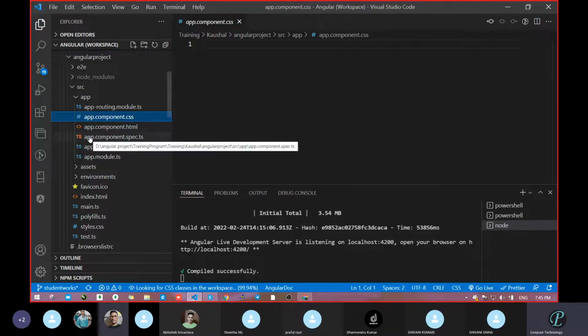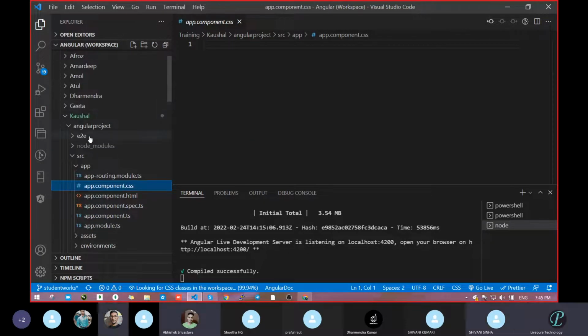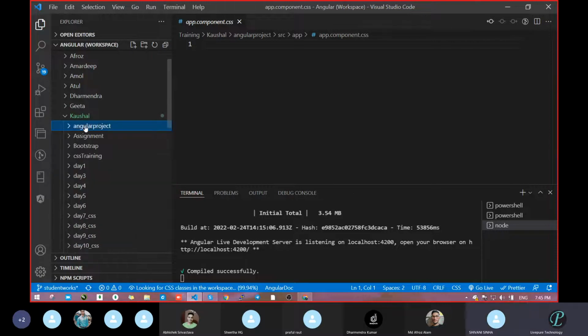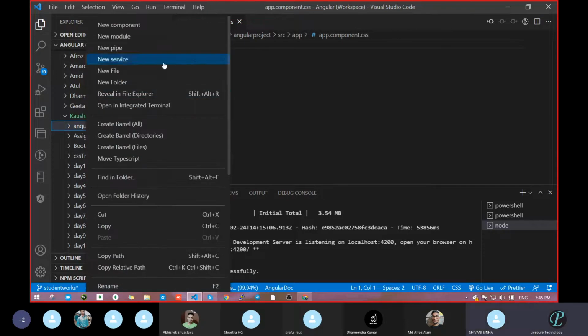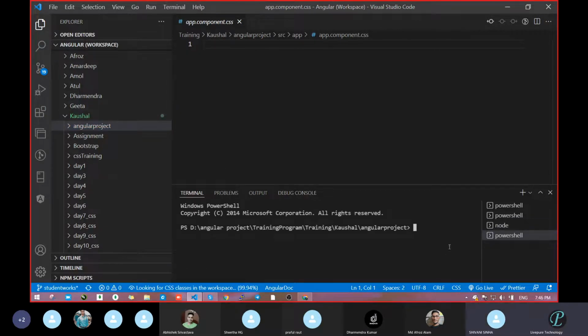Now next step, how will we run the project? Right click on the Angular project folder. So we will not go in the terminal, we will go on the folder. Then right click, and it will automatically open the terminal in that location. Open in integrated terminal. Which command do we write here? ng serve, ng space serve. So Vidya, this step we have to write here: ng space serve. If you want, you can write this command.